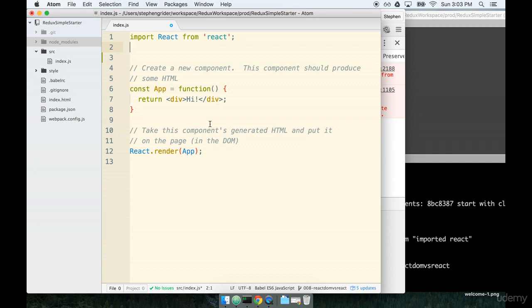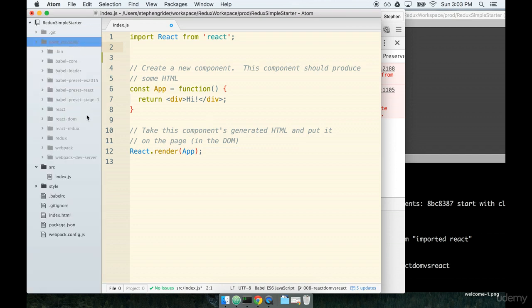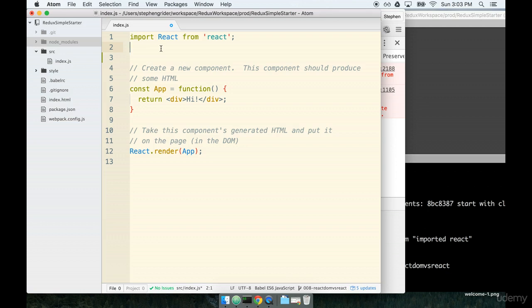Okay, so fortunately, our project has already installed ReactDOM in here as well. So let's give this a shot. We'll say import ReactDOM from ReactDOM. So we now have access to the variable ReactDOM. We have access to that library. So let's go ahead and update our render statement,